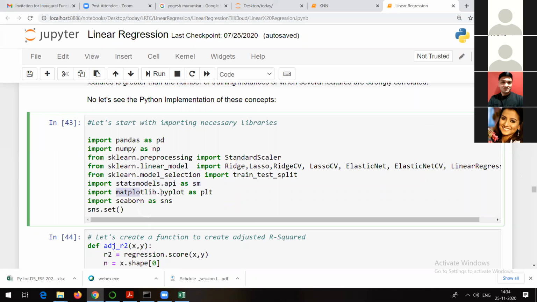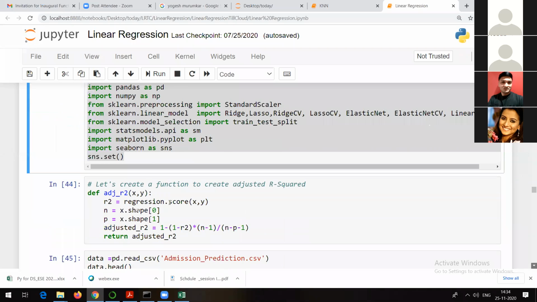Matplotlib is a package available in Python which helps us plot different types of graphs. The same is the case with Seaborn. Generally, we use a mixture of Matplotlib and Seaborn, but it all depends on the individual. One can make use of other libraries available in Python also. In short, all these things are nothing but the necessary inputs for developing the model.